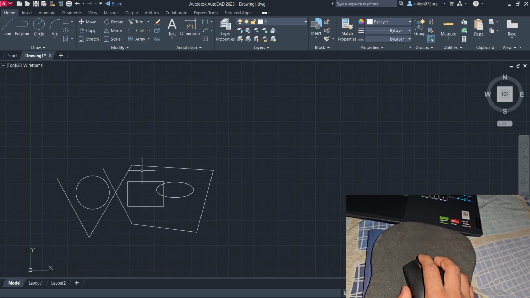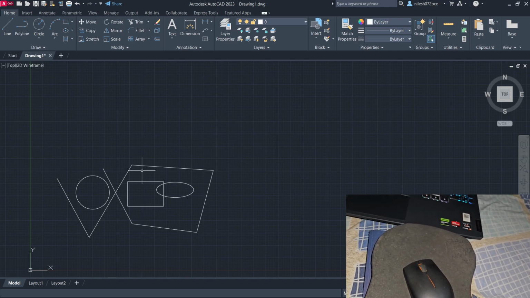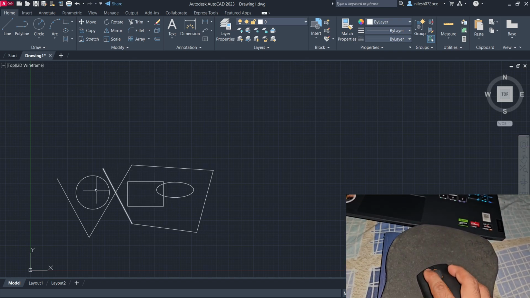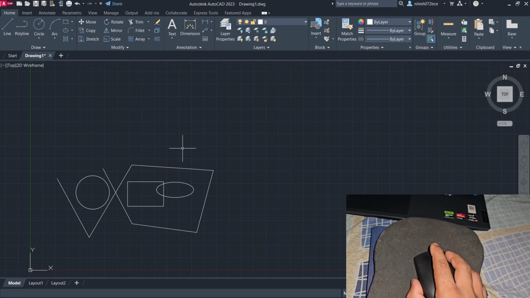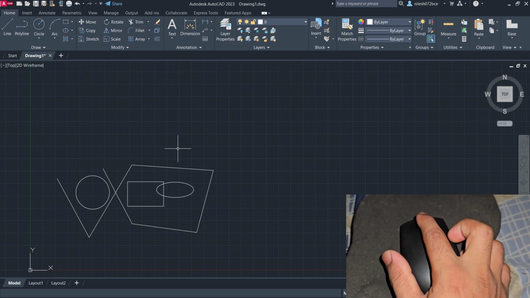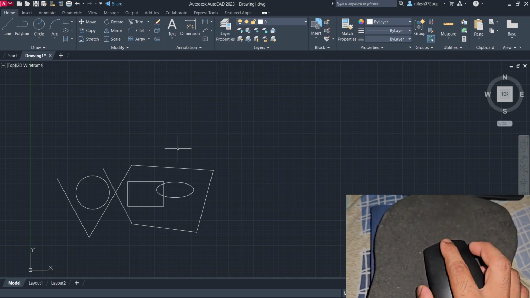And now we will see the pan option. Pan option means moving the view parallel to the screen. If I want to move this drawing parallel to the screen, I will just press this wheel, hold it, and then drag.